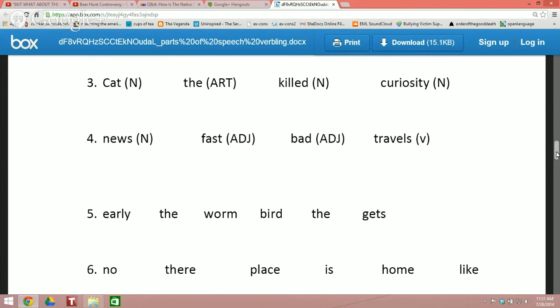Curiosity killed the cat, but I don't know about the... What is the curiosity or the cat? Because we say "curiosity killed the cat," not "the curiosity." In this phrase we're talking about curiosity as a very general topic, so we don't use the article "the." But why do we use "the" with cat?